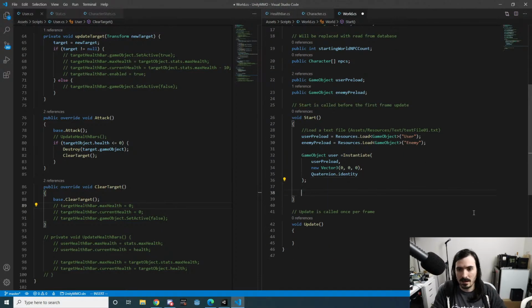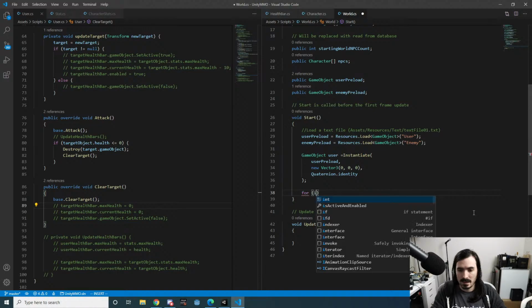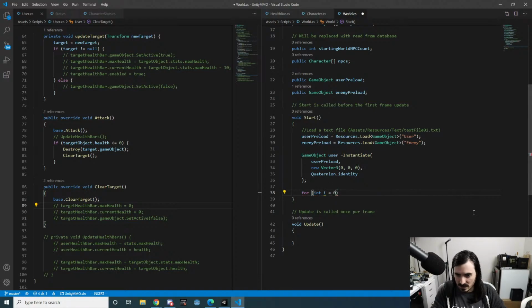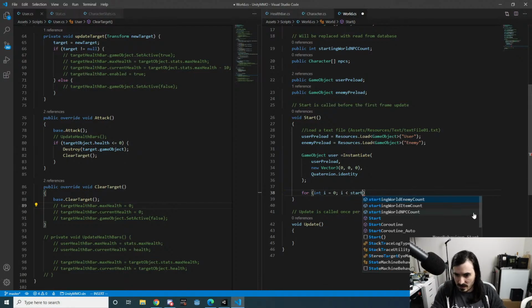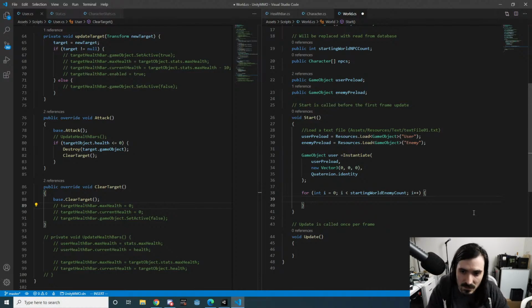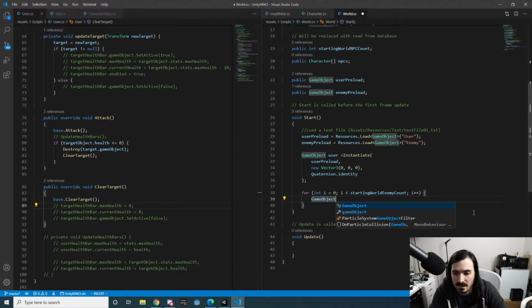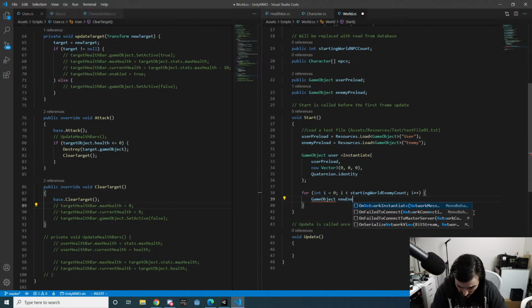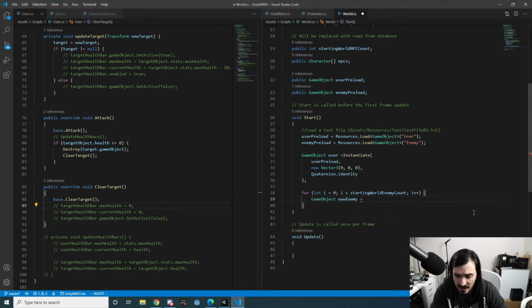All right, so here we would say for int i equals 0, i is less than starting enemy count, and then i plus plus, and then this would be GameObject new enemy equals,